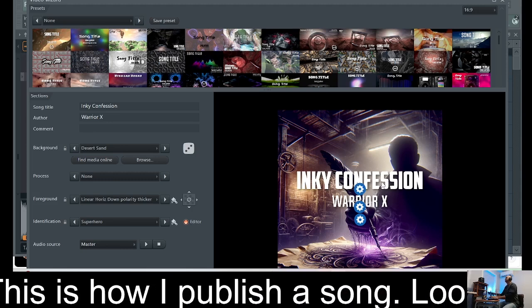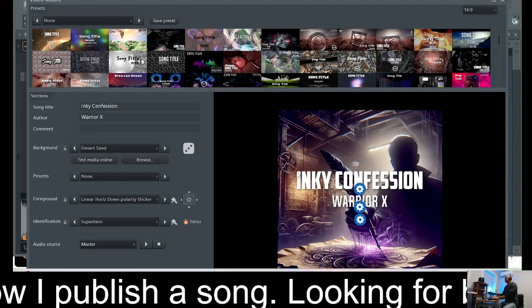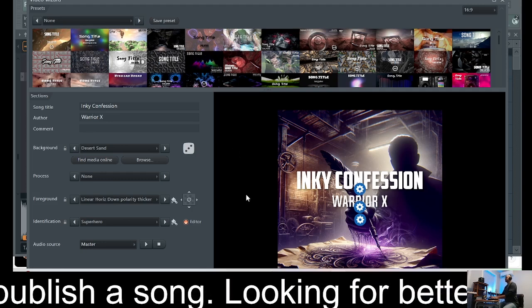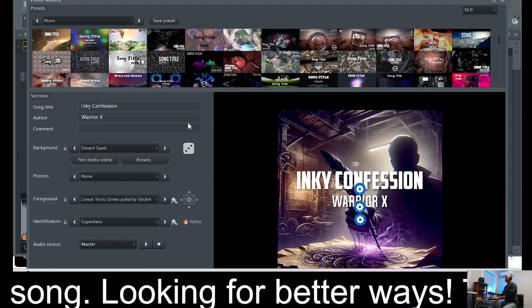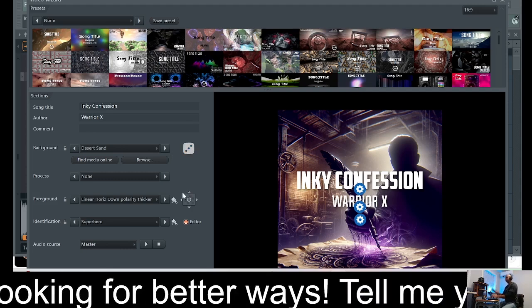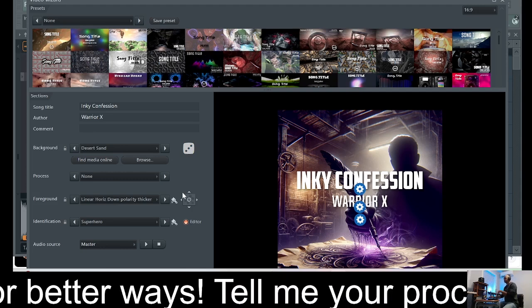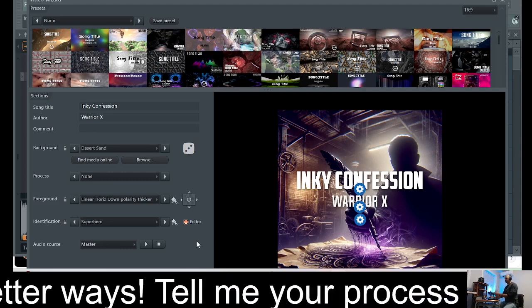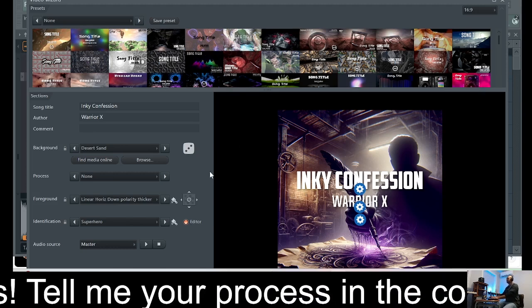There we go. And then it comes up. And if I wanted to move this, I can do that as well, but I kind of like it right in the center. That's fine. All right, and then also what you can do if you don't have a specific thing in mind, you can hit this randomize button, and it'll give you a random selection from the background and the foreground and all that stuff. All right, so I've got that cover set up as I want it, and then